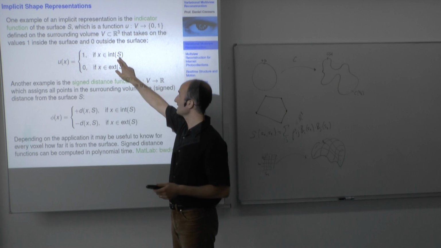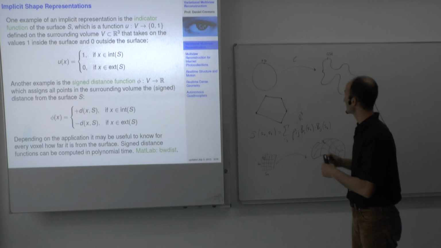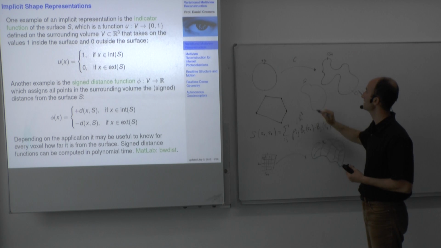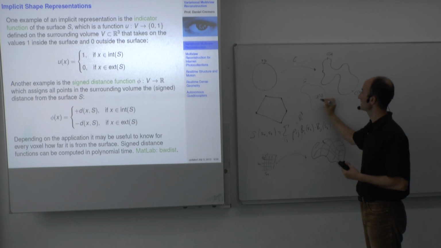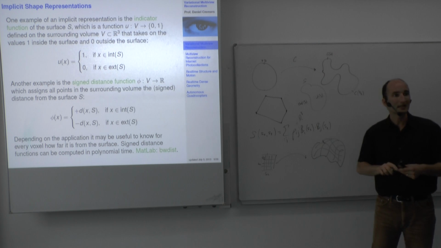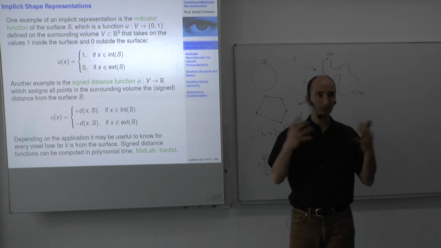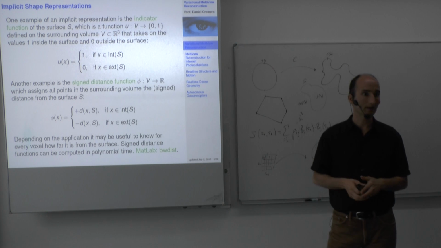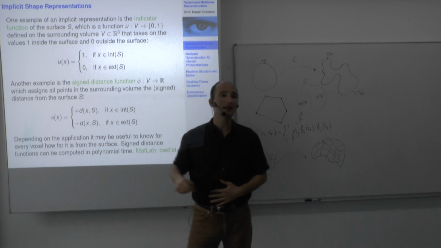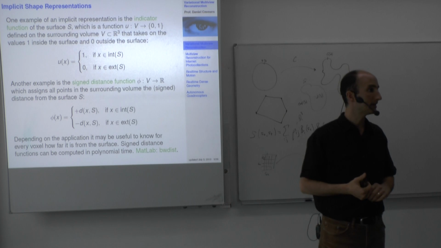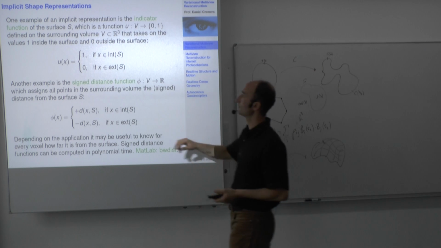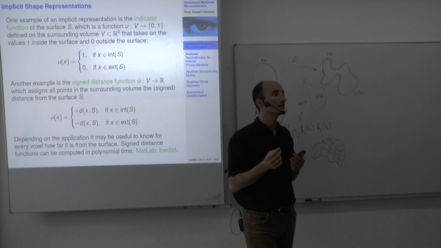You have the surface S, and then you can define for each surface an interior or an exterior. So if this is your surface S in R3, then this is the interior of S, and the outside is the exterior of S. And any closed surface always basically decomposes space into an inside and an outside part. And so I define a function u that just labels the inside with 1 and the outside with 0. You can do it the inverse if you want. This is just a convention. It's just a binary labeling that